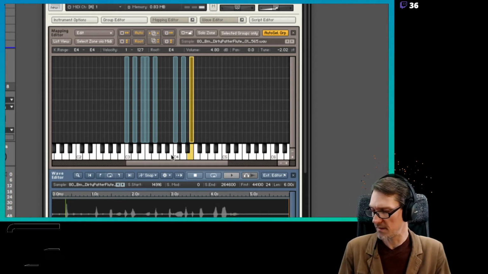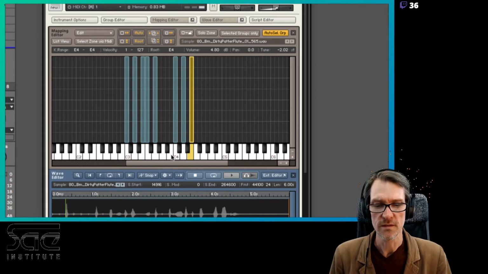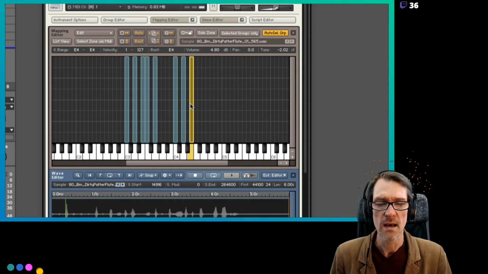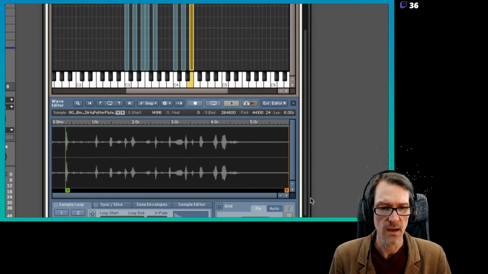I'm just using these keys because that's what my controller is set for. It's set for just C major. So I've just got it here on this one here, and now I've got it selected, and I'm just going to go down here to the bottom,